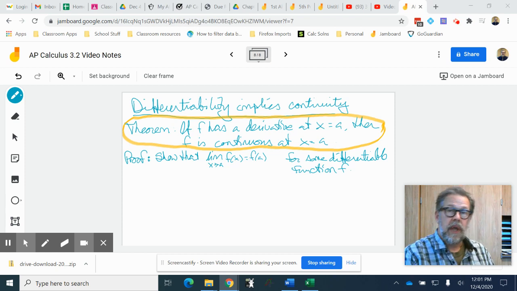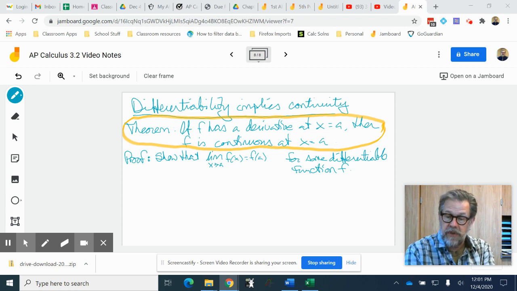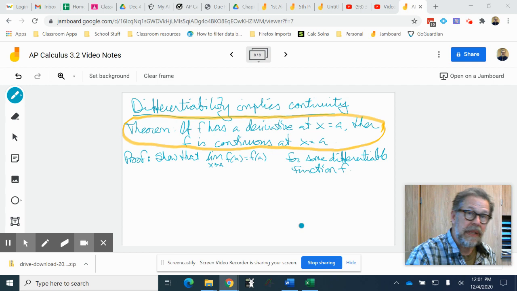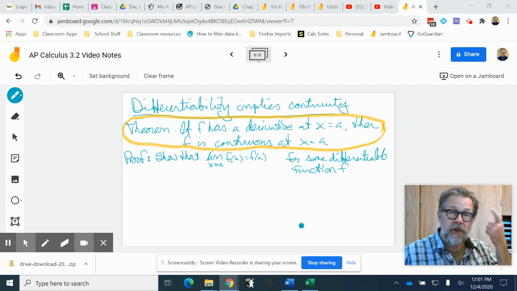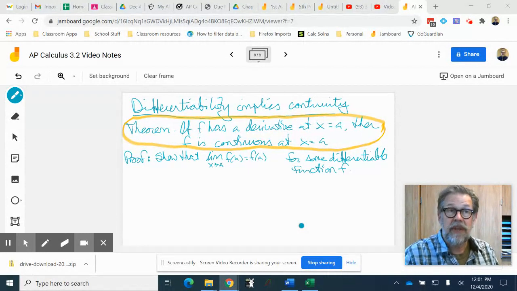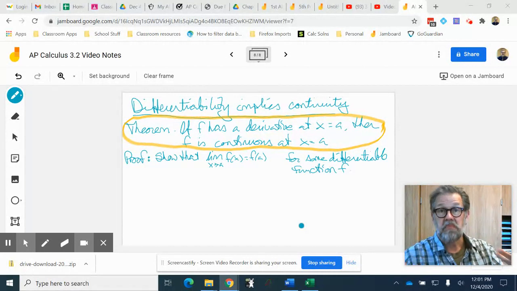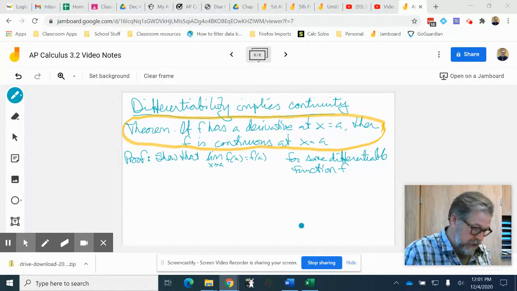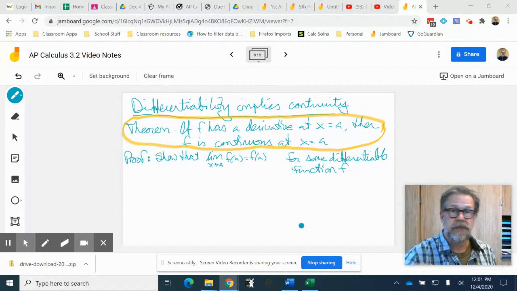All right, guys, a quick video on a concept: differentiability implies continuity, that if a function is differentiable, then it must be continuous. One of the interesting things about math is that sometimes things that are completely obvious, you want to go ahead and prove them, because if you prove them,